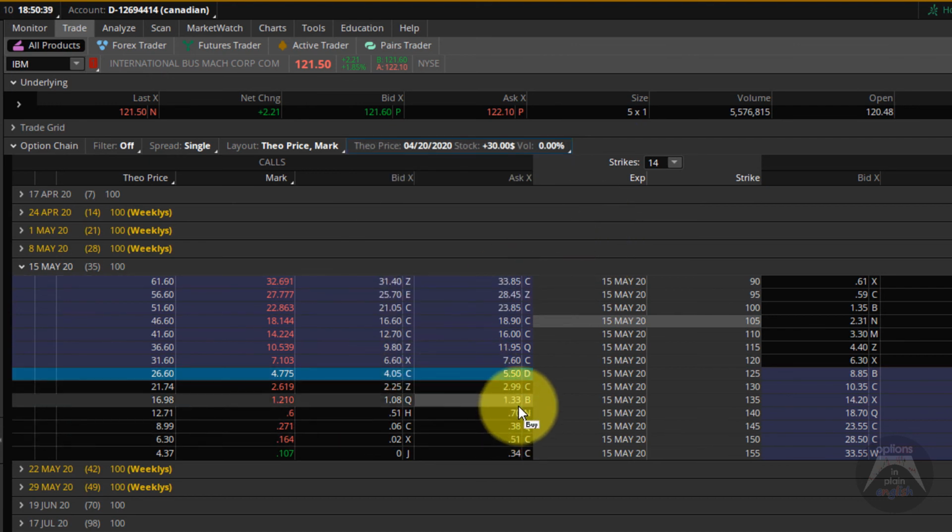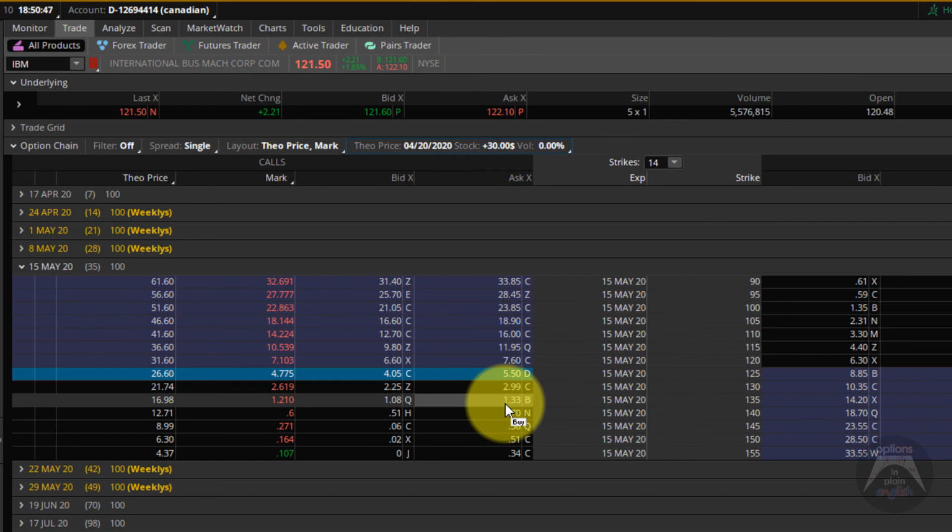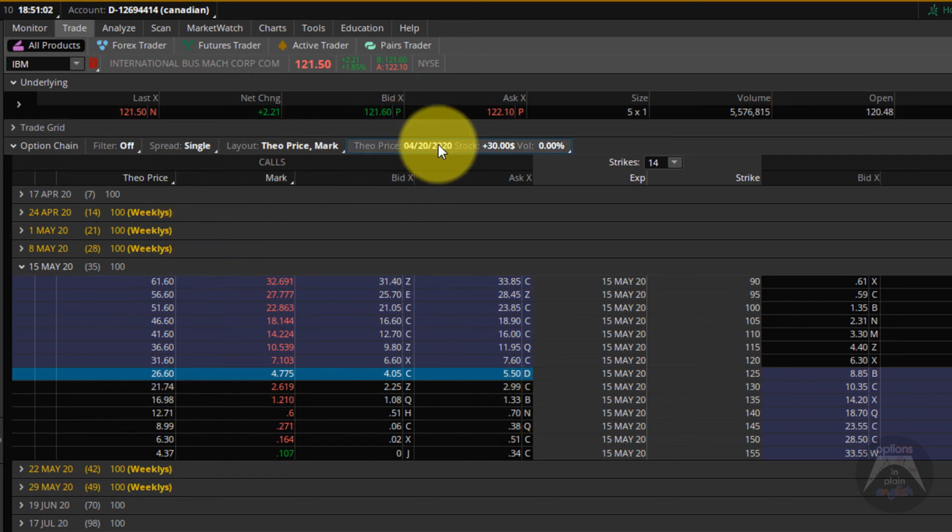Well, this option, the 135 call, instead of trading for 133, is going to be trading for 16.98. So something that costs you $133 is going to be worth $1,698. So this is just a different way to look at this information on Thinkorswim,